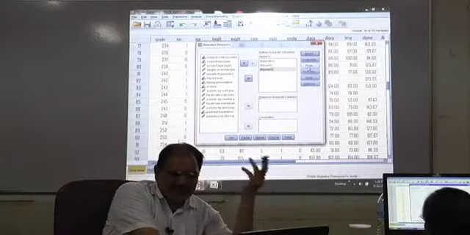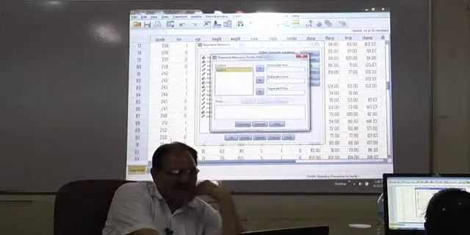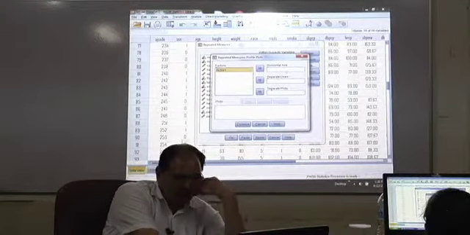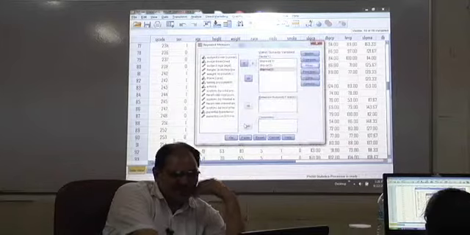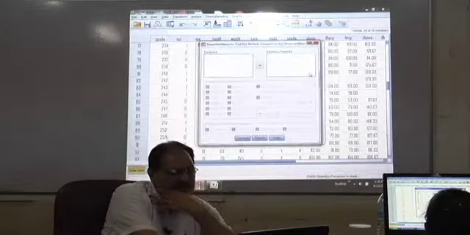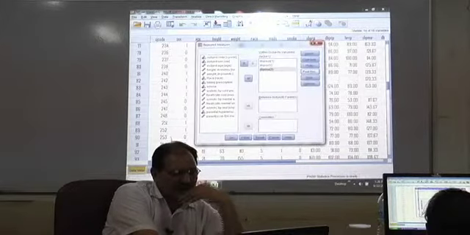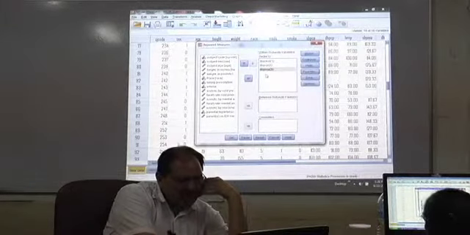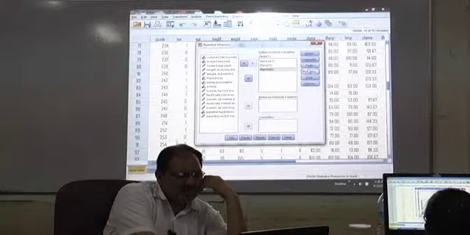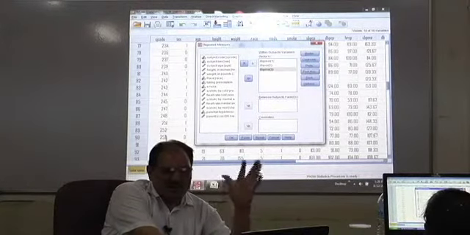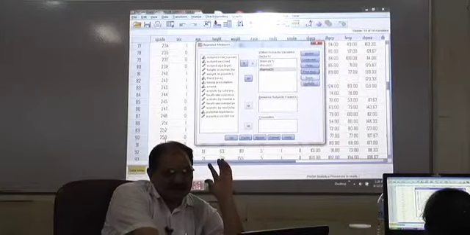Okay? Continue. Go to contrast. Again I said contrast is not needed. And plots would not be needed either. Continue. Go to post hoc. Post hoc won't be there. Again, for repeated ANOVA, post hoc won't be there.